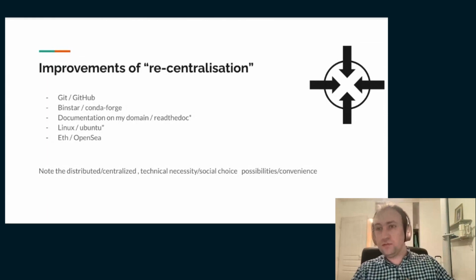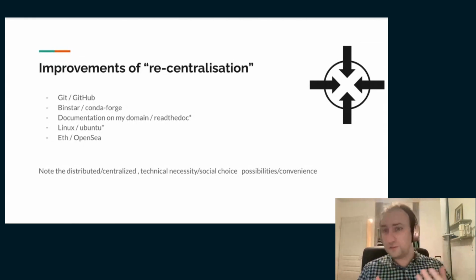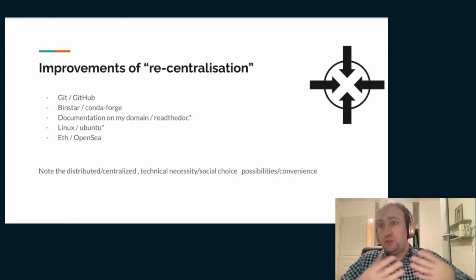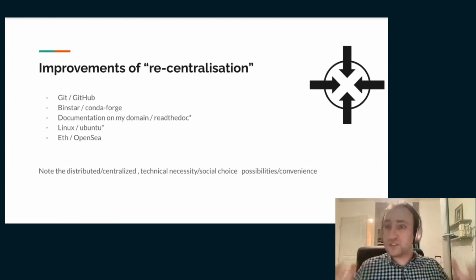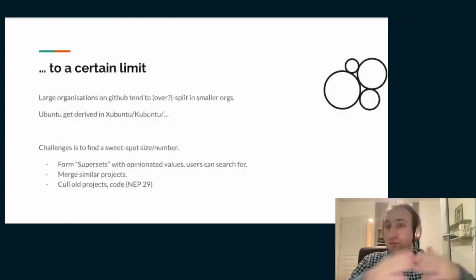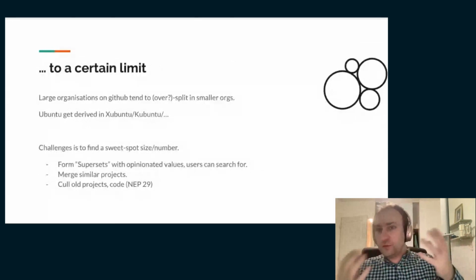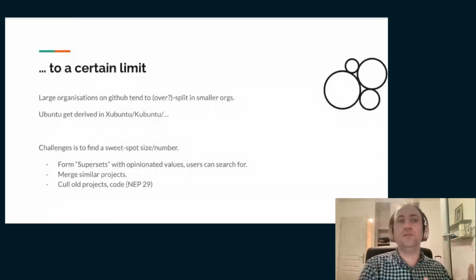Binstar allowed everybody to publish binary packages. Now it's known as anaconda.org. But conda-forge brought all the packages together so that they work, because they have the same binary interface. And there are a lot of other examples like that where centralization can be a good thing. But up to a certain limit: when something becomes too big, there is too much surface for the users to search. There is too big an ocean, and so things tend to split or to form smaller communities.